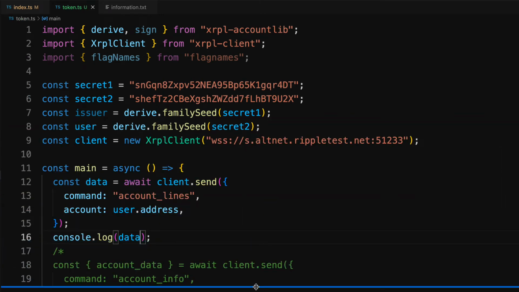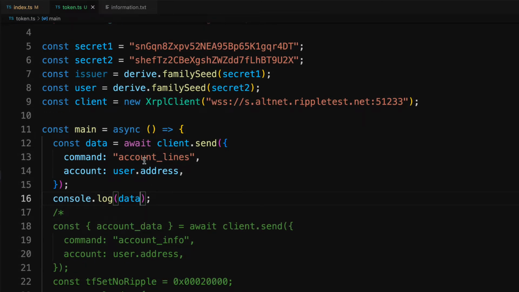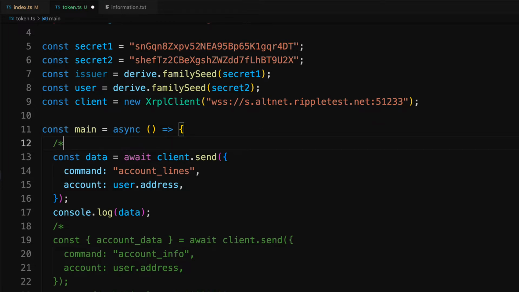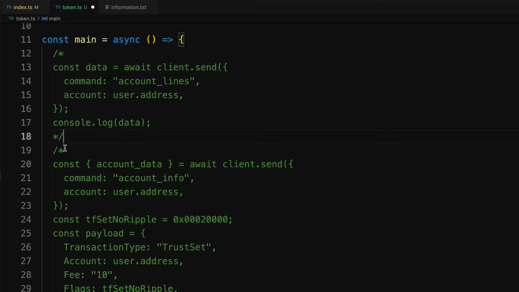Okay, so let me get back here. Let's authorize the user account to hold the balance issued by the issuer. So we need to execute this from the issuer end. So let me comment this out first and remove these